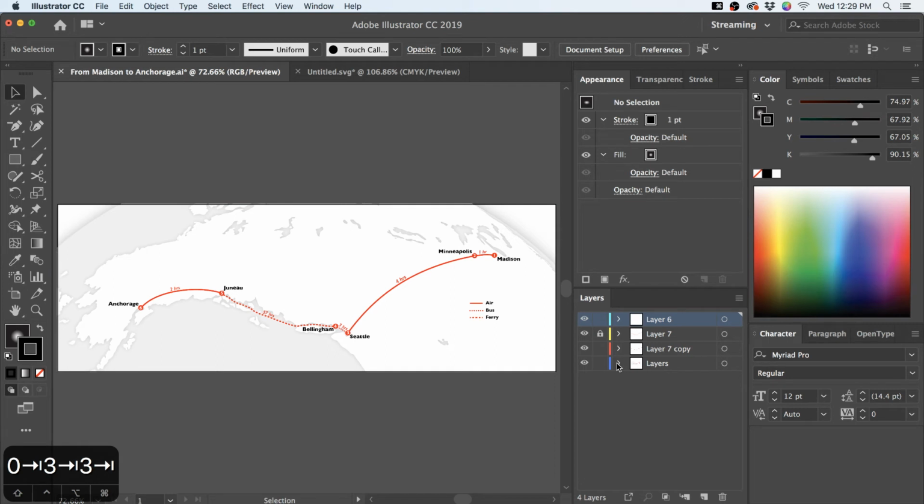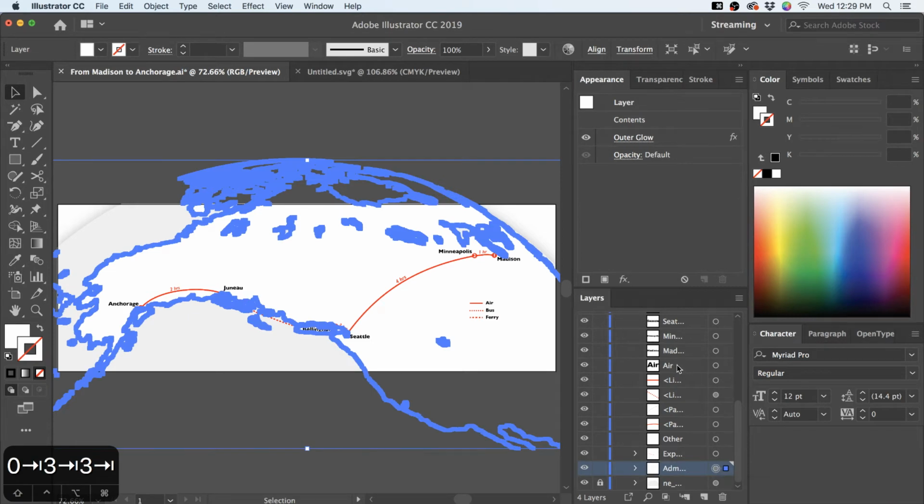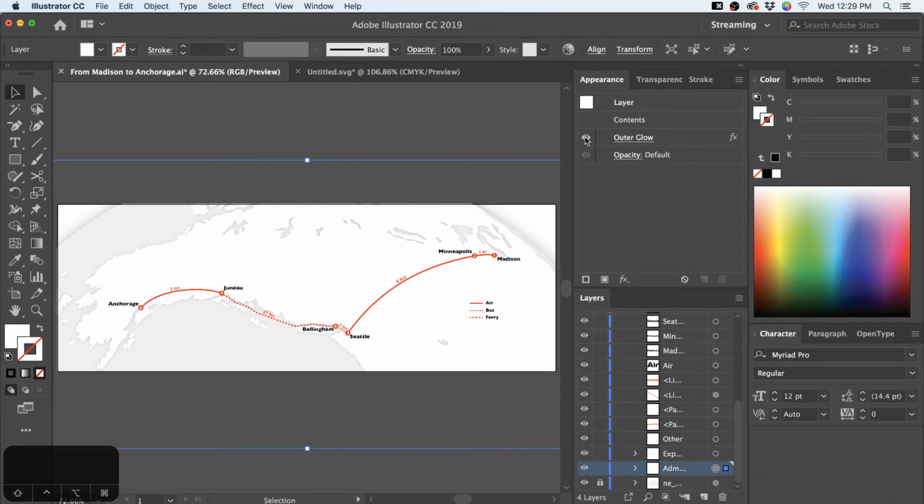It's really kind of doing a lot of work, and I just notice here my layers are terribly disorganized. I'm normally not like layer 7 copy, but this was a map I threw together rapidly. But I've got white land here. I'm just going to hide that edge, and light gray water, and again they can be very close, but that glow is enough to separate them. And it's enough that no one knows it's there.